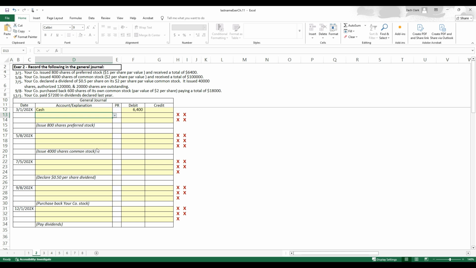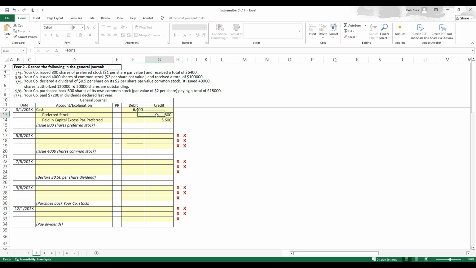And so when we want our credit, we have the preferred stock, and that will be at the par value, but we have the additional value associated with the stock issuance that's above the par value amount. So here we can find the right account. We want to see preferred paid in capital excess of par. The par is just the number of shares times the $1 par value per share, and then we can just take the difference to get our total of the paid in